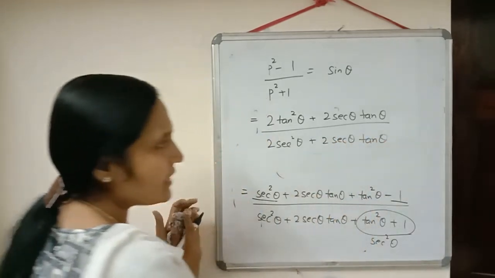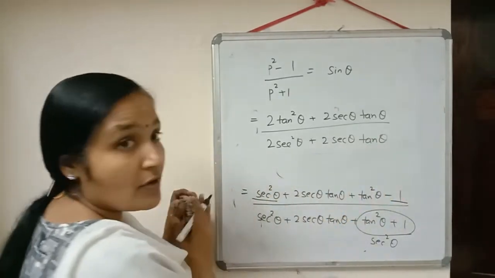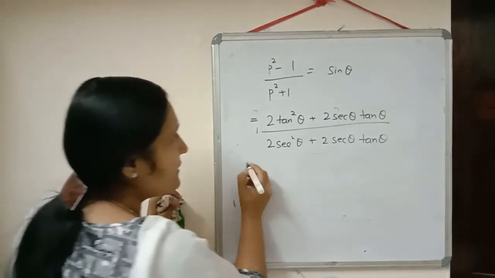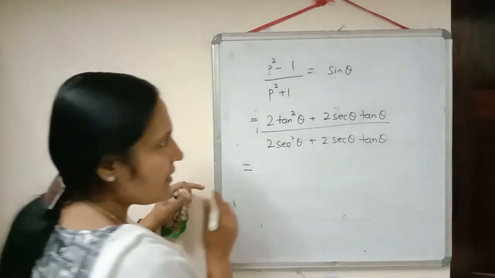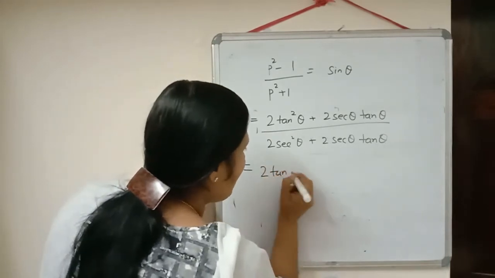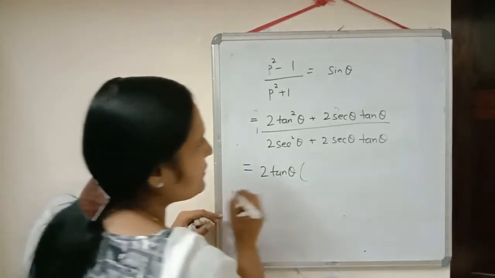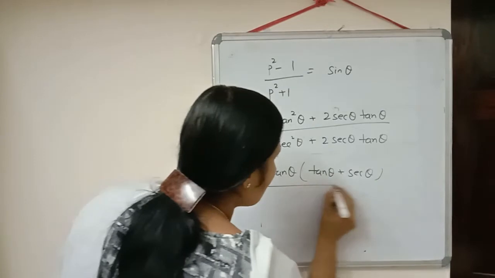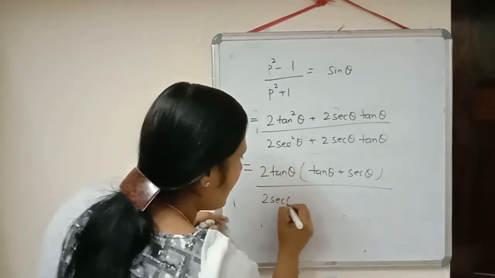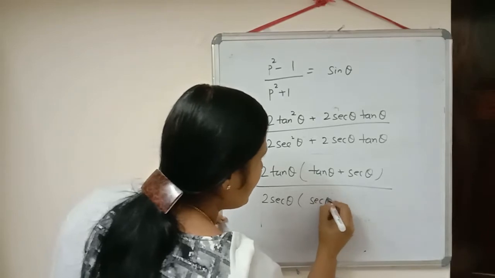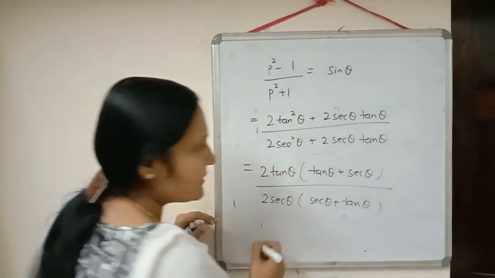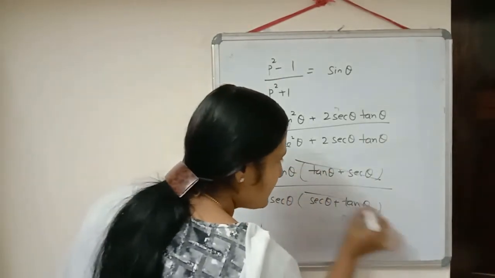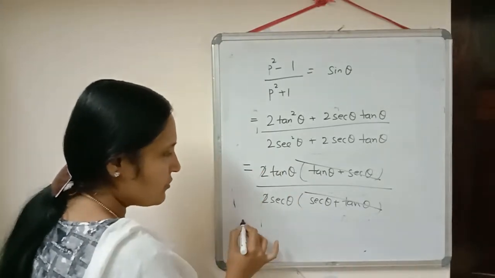And normally what students are doing here, they will cancel in this way. Don't cancel because that is not in multiplication. It is in addition there. Anything common we have in these two terms? Yes, we have 2 tan theta common. So take it outside. Inside the bracket what will remain? Tan theta plus sec theta. Here what we have common? 2 sec theta taken common. Inside the bracket remaining it will be equal to sec theta plus tan theta. So now just to check, I am not cancelling in this way. These two expressions are same. So that will get cancelled. 2 and 2 also will get cancelled.